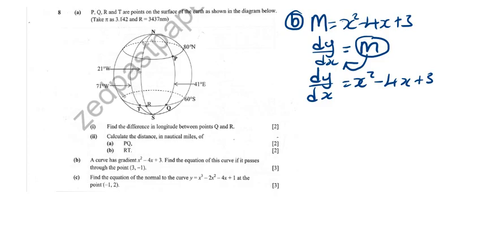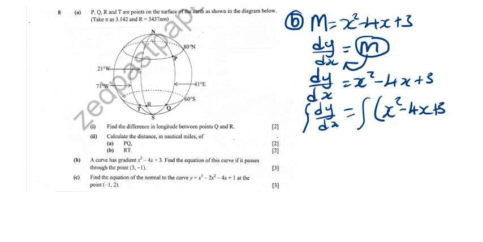So you introduce the integral. The integral of dy over dx will be equal to the integral of everything, because we need to integrate everything here. So the integral of dy over dx is just y, which is equal to,